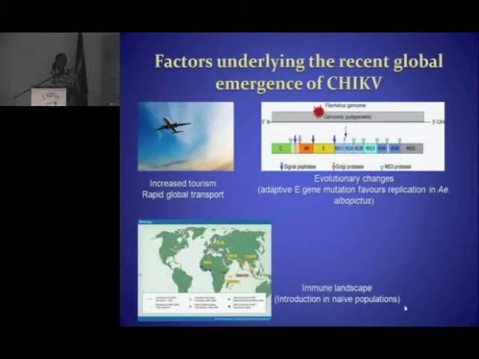There are also evolutionary changes in the virus that have been associated with its ability to replicate better in Aedes albopictus, so that was another important factor. And then, of course, the immune landscape is an important consideration. This is a virus which was restricted geographically to Asia and Africa, and is moving out into areas that have never met it before. So you have an introduction of the virus